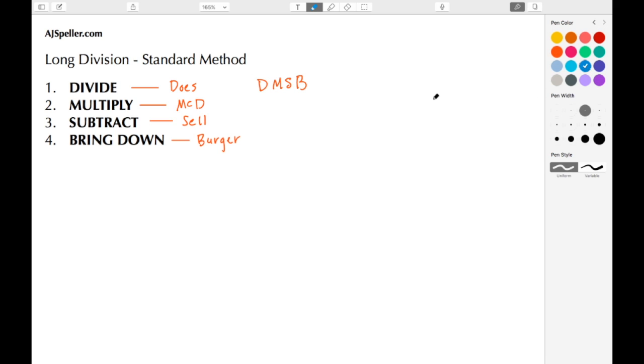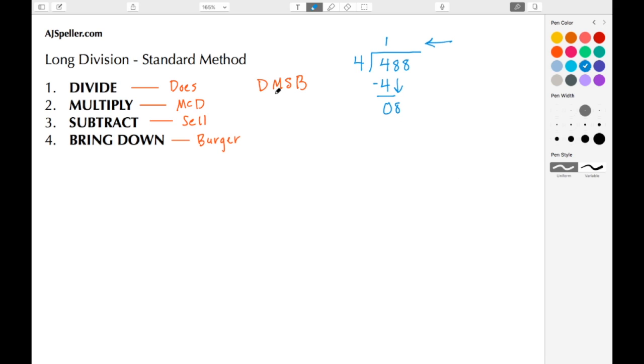All right, let's take a look at a few examples. Let's begin with the number 4 as our divisor. We have 488 as our dividend, and then we're going to come up with the quotient here as the answer. So first, we're going to do our divide or the D portion. We want to figure out how many times does 4 go into 4. Well, that's one whole time. Then we multiply 1 times 4 to get 4. Then we subtract 4 minus 4 to get 0. And then we bring down the next number, which in this case is the 8.